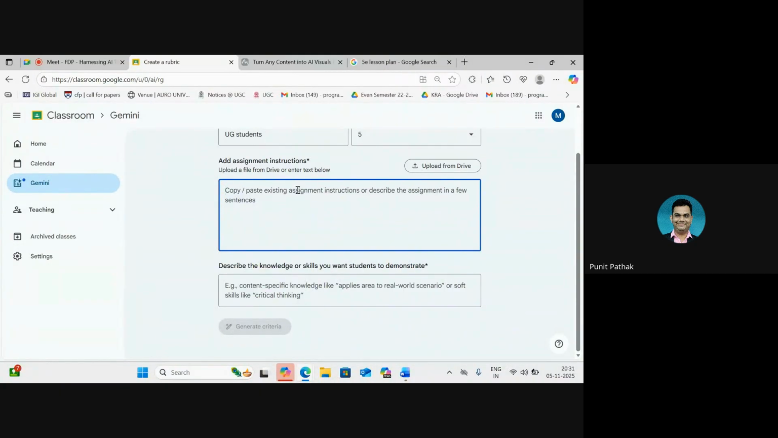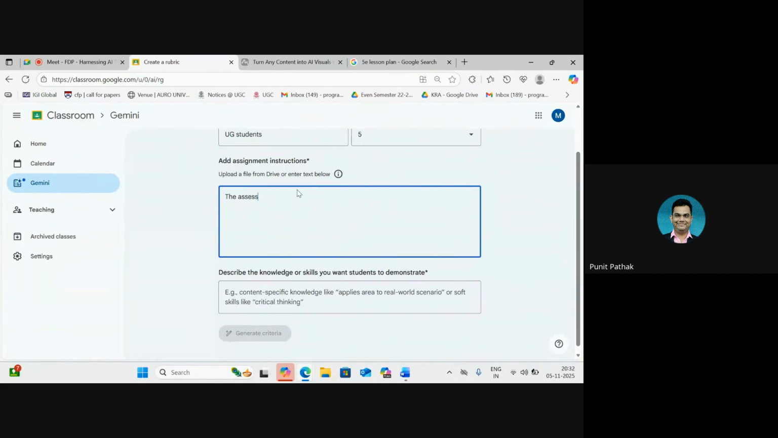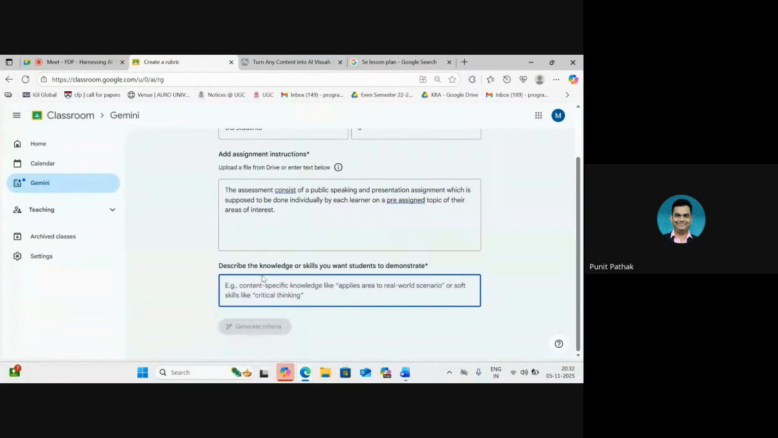So let's just type something here. The assessment consists of a public speaking and presentation assignment, which is supposed to be done individually by each learner on a pre-assigned topic of their areas of interest. And this is where we have to describe the knowledge or the skill that we want the students to